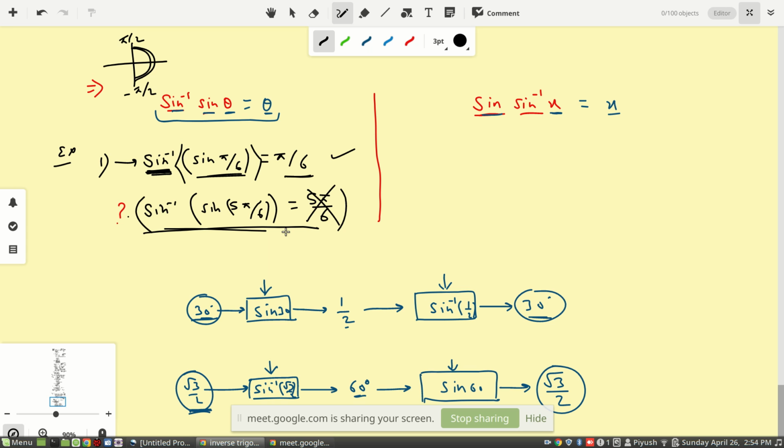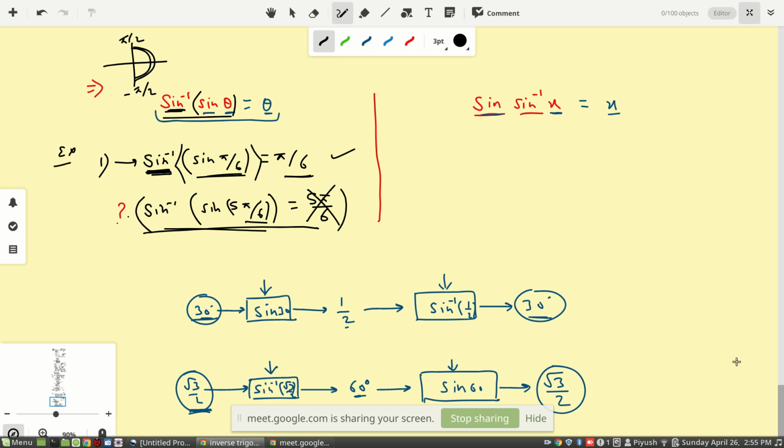So whenever you are using this formula, you cannot use it blindly. You need to first understand how we can use it. And this kind of question is very important. It usually comes as a 1 mark or 2 mark question, and we have to be careful. How? We have to say that the outside thing is sine inverse. So whatever the final answer is, if it is sine inverse, then it should belong to minus 90 to 90 degrees. And the same is the case for the other one also.